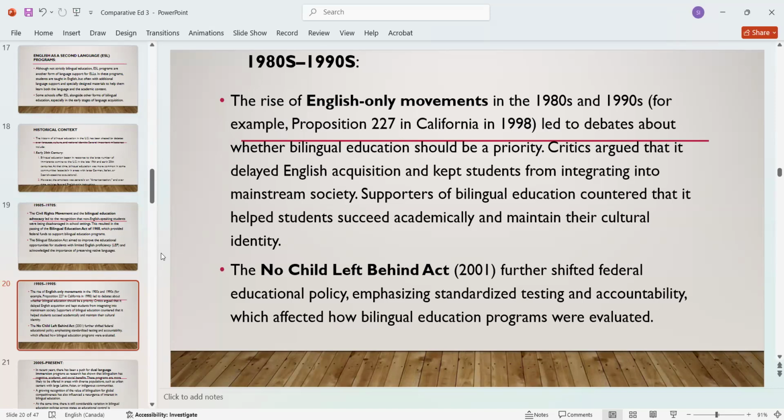The critics argued that it delayed English acquisition and kept students from integrating into mainstream society. Supporters of bilingual education countered that it helped students succeed academically and maintain their cultural identity. Right? So we can see the students' changes, the transition, right? From the first semester, the exam papers are horrible. We can't understand what they have written, right? But in the second semester, it is better. Third semester, far better, right? Fourth, fifth,